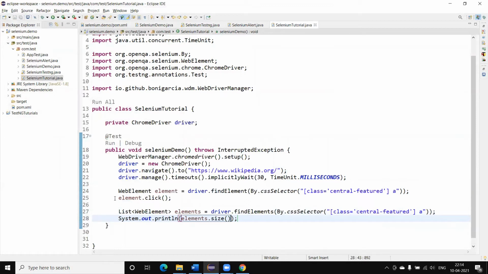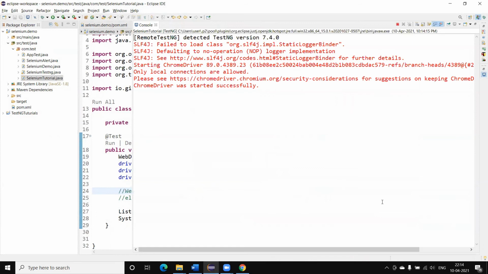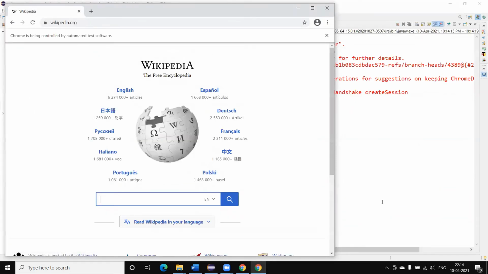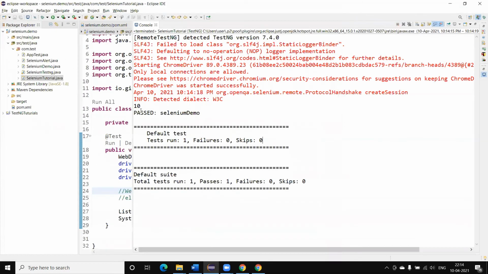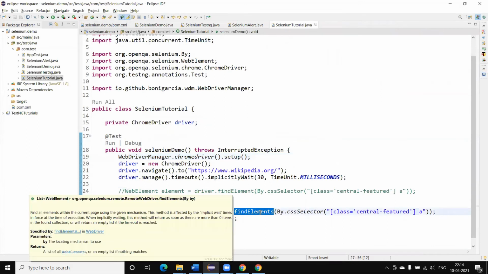We will get 10 elements. So if we are using driver.findElement, that will return the first element object, and if we are using driver.findElements, this will return all the element objects.